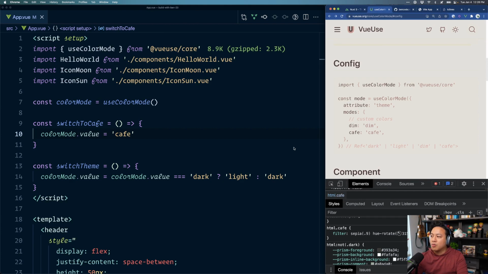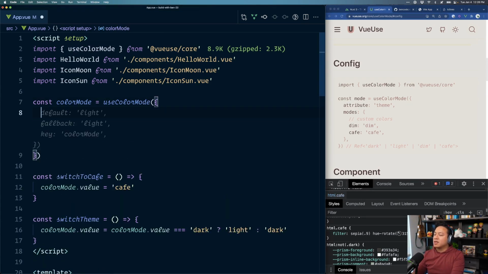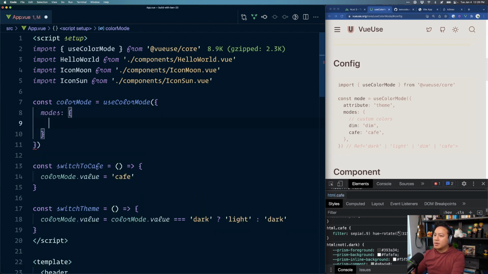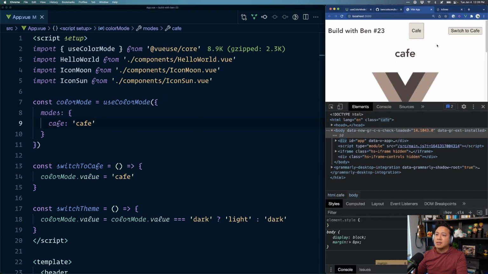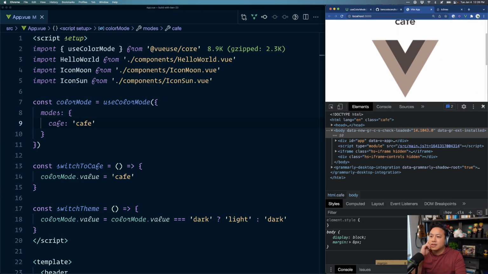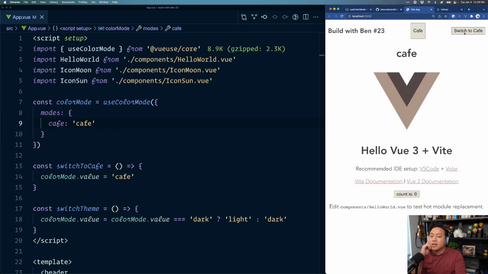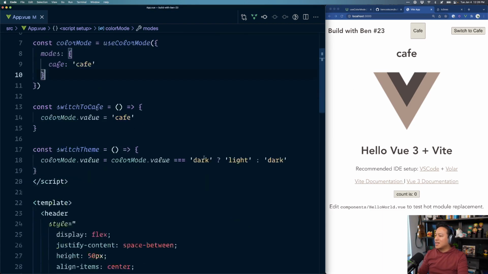be very specific about what modes are available to the color mode. And so the fact that you can then sort of define where it's happening, but we can then say we have a cafe mode called cafe. So then that will correlate to that. And now this means that if I go back to my view, oh, there it is. It just works. So then we can switch. Yeah, that was nice. Okay, so I need to actually then